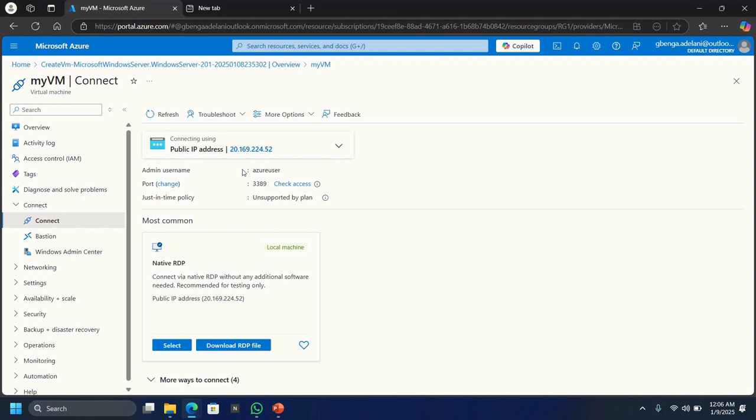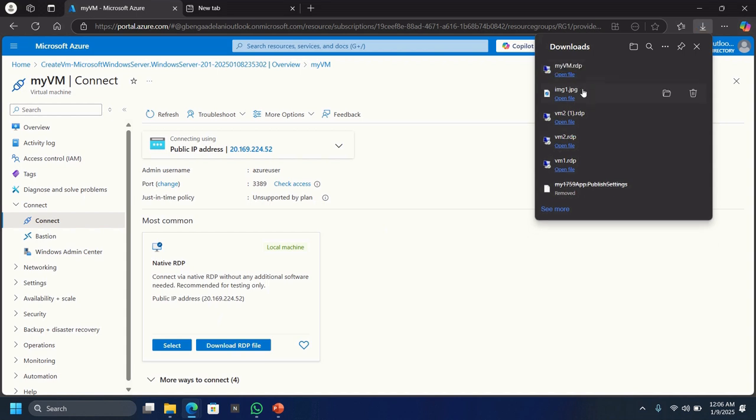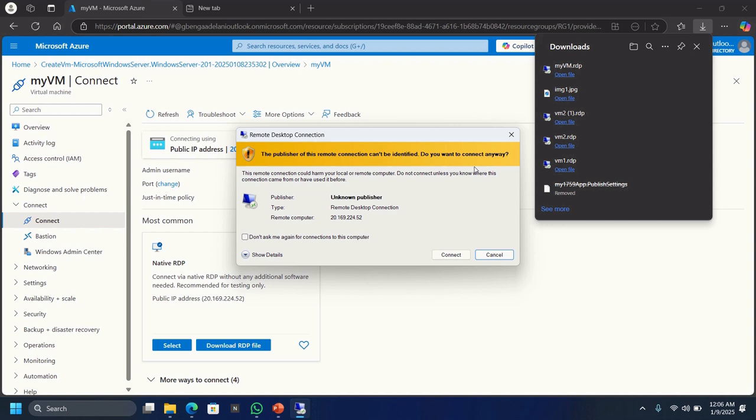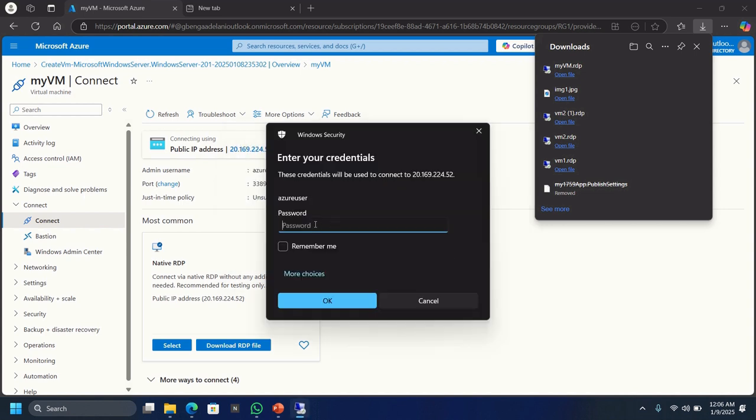So I can as well use the native RDP. This native RDP contains the IP address of the virtual machine. So what I need to do is to download the RDP file, and I'll use this download file to connect to the virtual machine. So I'll click connect, and you can see it's ready to connect now. So it's asking me to supply the username and password. It has already picked the username. The reason is because we downloaded the native RDP. So I'll only supply the password,